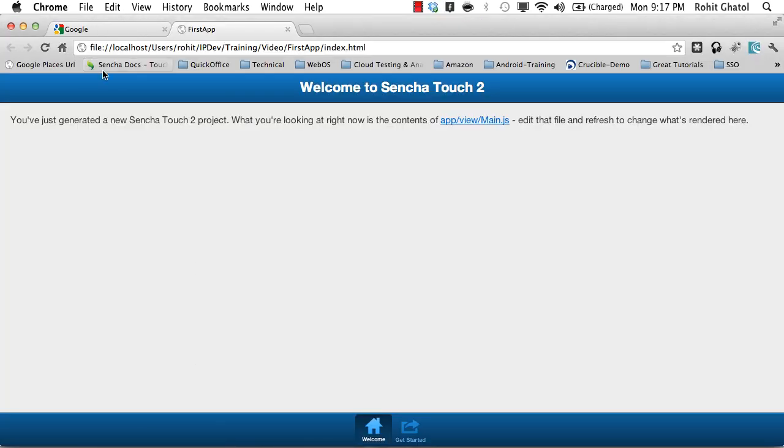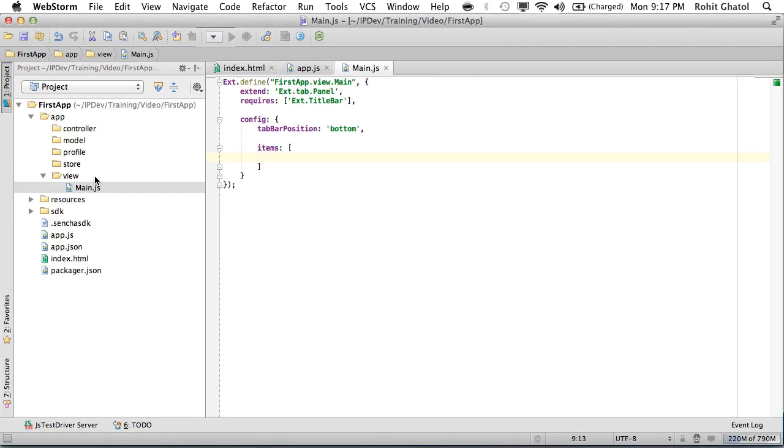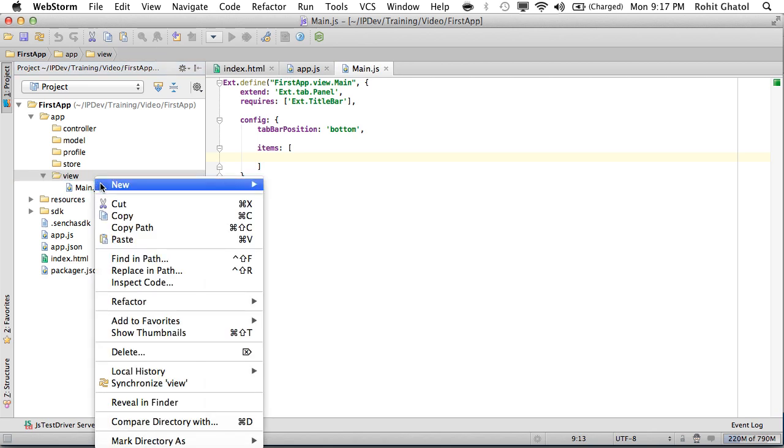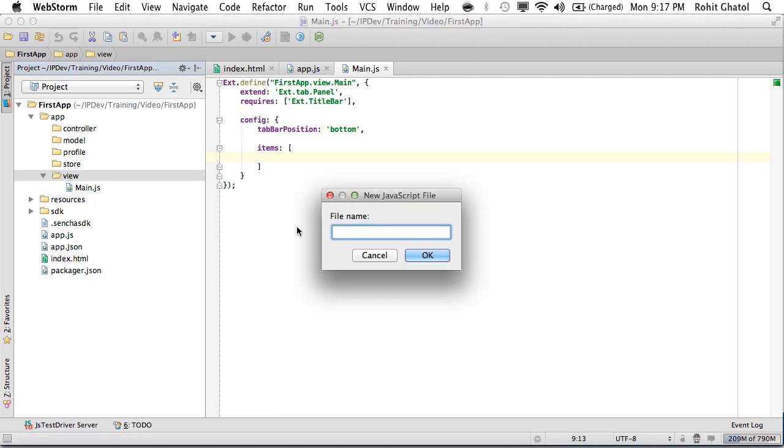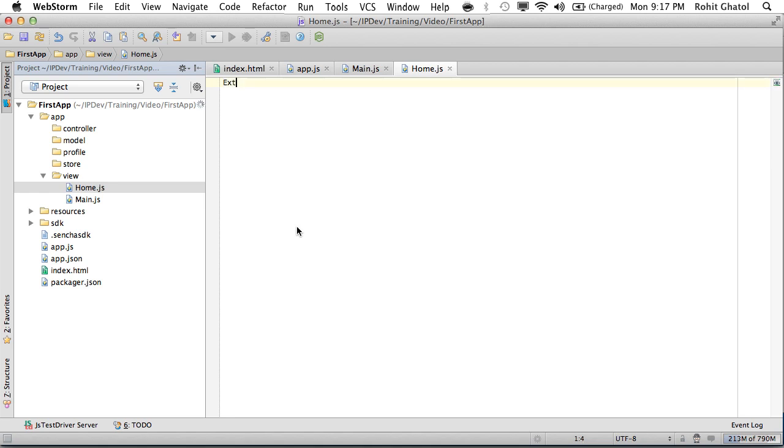So let me show the Chrome browser which I have open, and I'm going to remove everything. So everything is gone now. So let's create things again. What I want to show is something called a home screen. So I'm going to write a new class called home. It becomes home.js. I will say Ext.define with small d, and I'm going to start writing